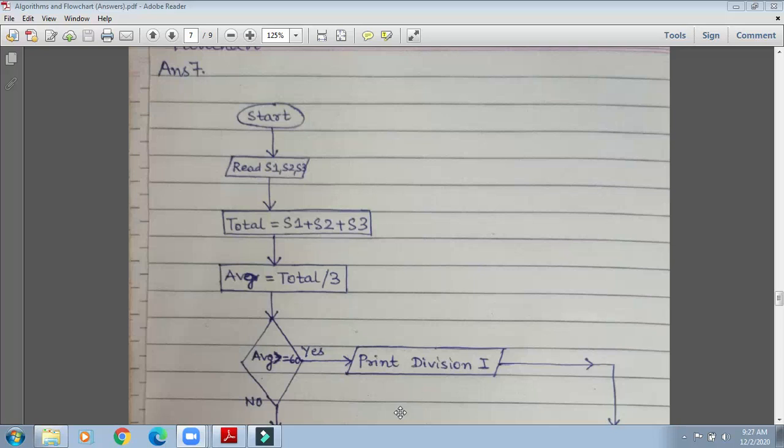Sir, only 52, 52 is the average. The numbers which I am having can be any three numbers. Sir, print division 2. Yes, okay. Division 2 will be the answer.